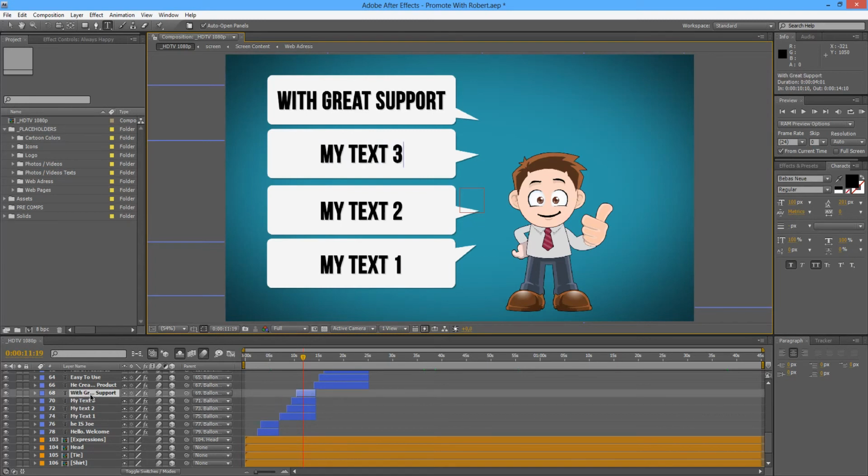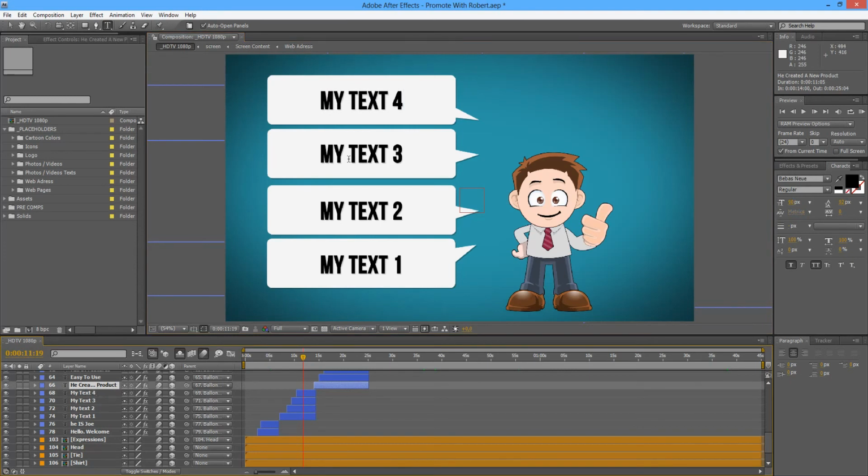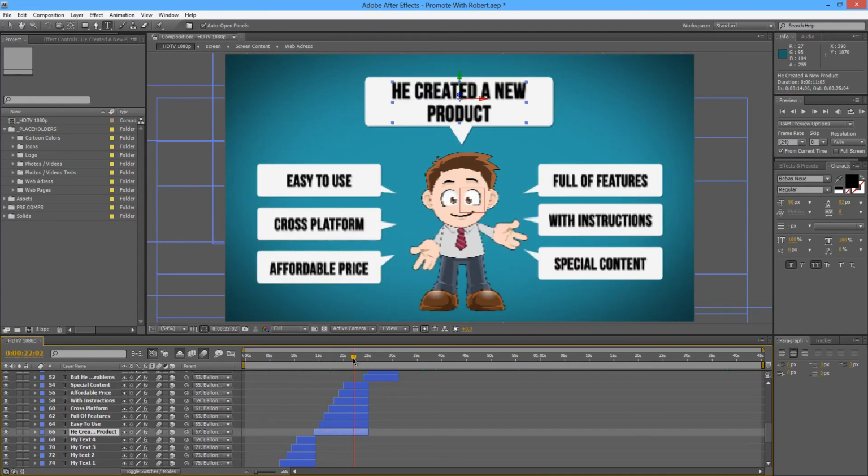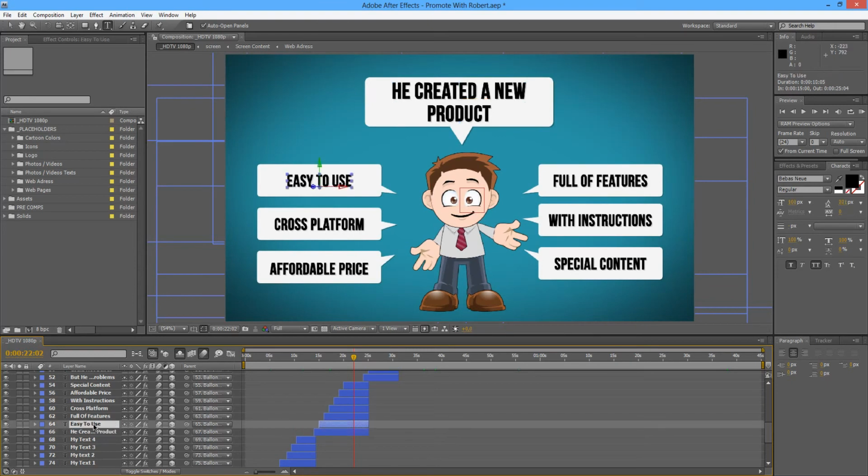Okay, so this is much easier. My text 4. Of course, it's much easier if you are making a real project and we know what we want to show off to our clients or to our target audience. But as a customization tutorial, it's pretty hard to make up names. So this is pretty easy like this. My text 1, 2, and 3, and 4. Sorry. So these are the two options that you might consider to change the text. Just scroll and use the text tool to select, or just double click on your